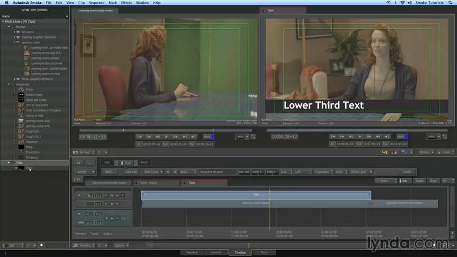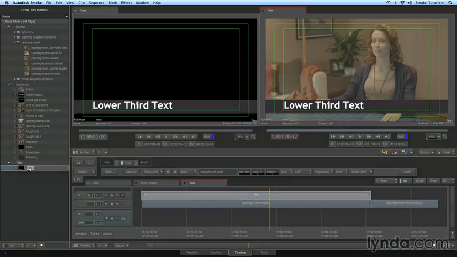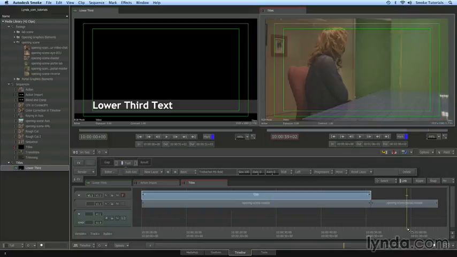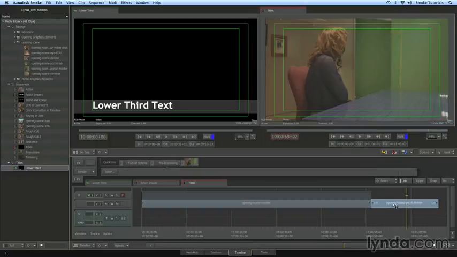Now that I have this title in my library, I'm going to click on its name and rename it as lower third. You could, of course, rename it whatever you'd like in order to know what you're reusing later on. When I would like to later reuse this title, I just need to edit it into the timeline as a clip. In the process of saving this title to my clip library, it also opened that clip into my source monitor. I'm going to edit this clip on top of the second clip in our timeline. So I'm going to place my playhead over that second clip in the timeline and use the same trick we did before. I will select the clip and click Shift V to cut the piece of gap above it and